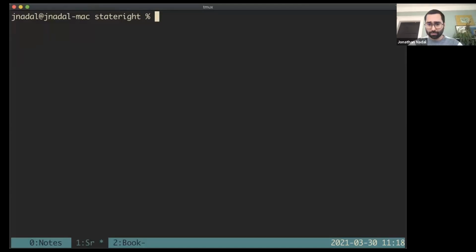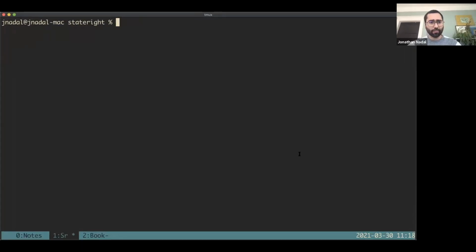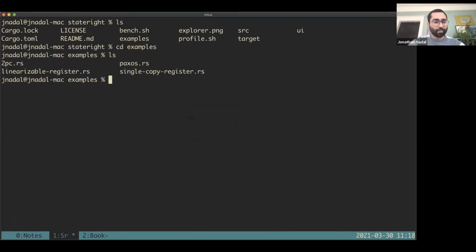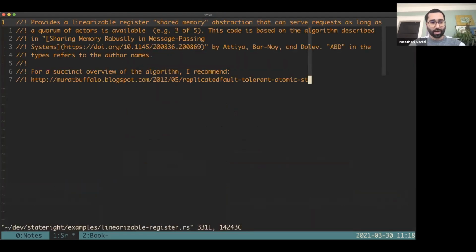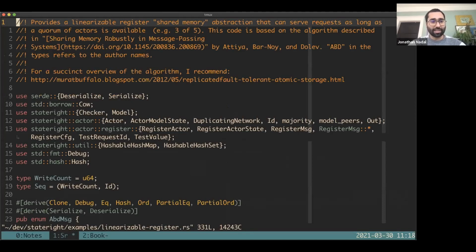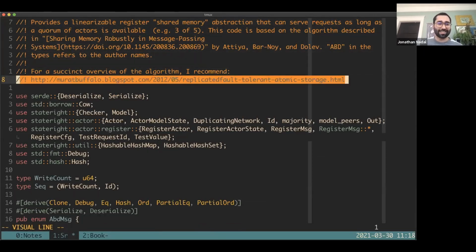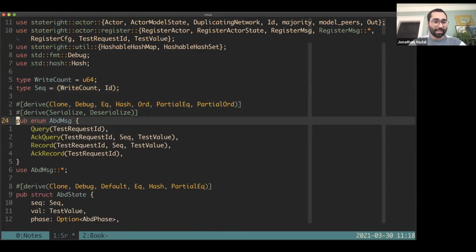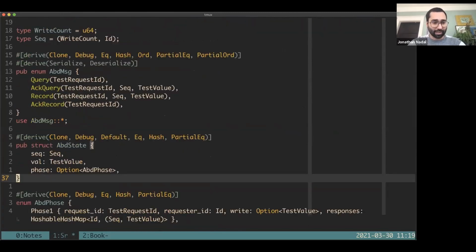So here we've got a terminal. Is the text large enough for everyone to read? Yep. Okay, excellent. So here's the Stateright repository. There are several examples here, and let's do the linearizable register example. This implements the ABD algorithm that I first learned from Murat's blog. I shouldn't take the time to completely go over the algorithm,